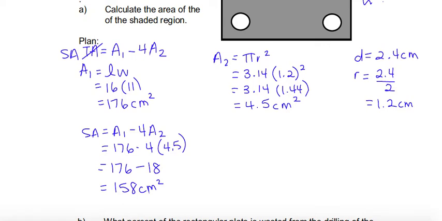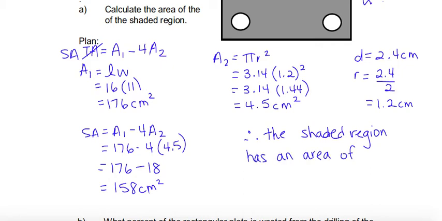So now that I've calculated the shaded area, I can say, therefore, the shaded region has an area of 158 centimeters squared. If I wanted to calculate for part B the percentage of the rectangular plate that was